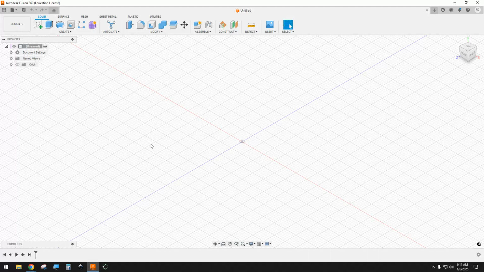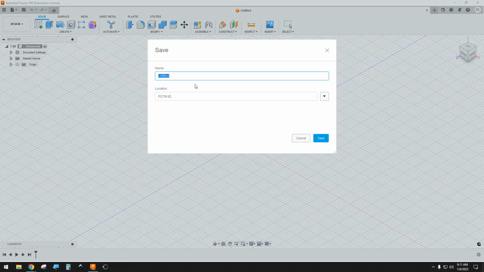In this video, I'm going to show you how to use constraints when you are sketching in Fusion 360. So what you want to do is open a new file just like this, create a new design, and save it right away. Click on save. Since you haven't saved it yet, it will ask you to create a name for it. Always put your first and last name,